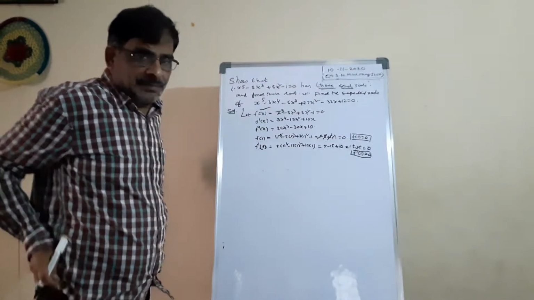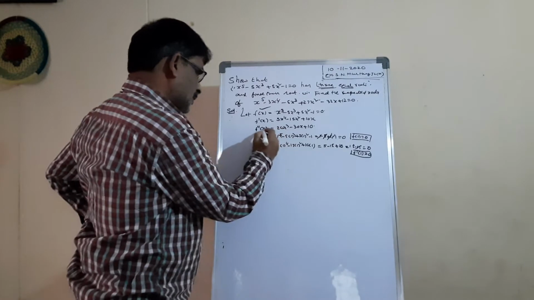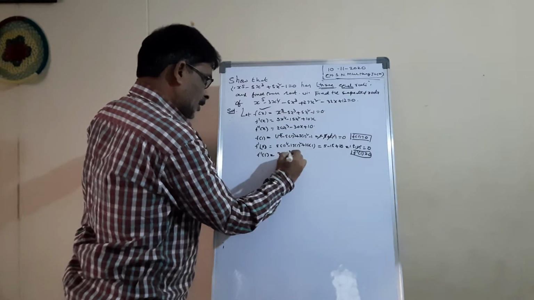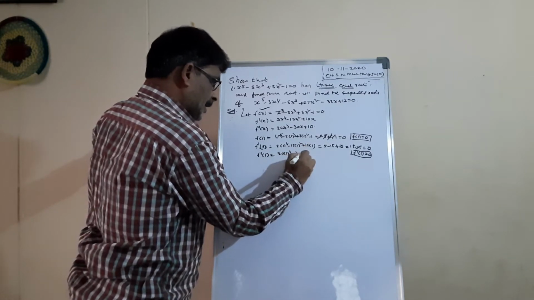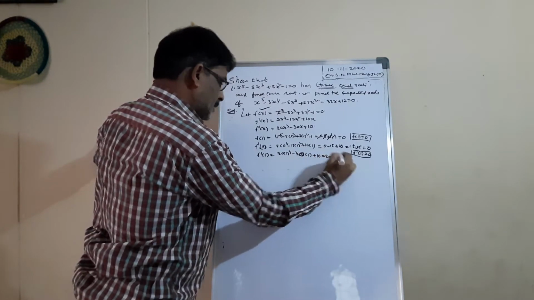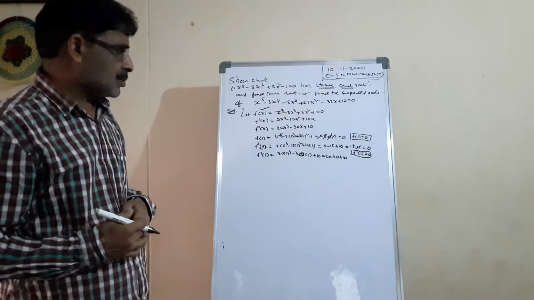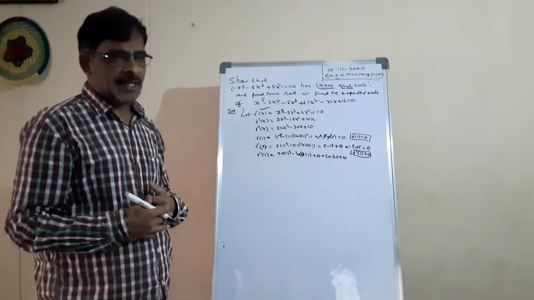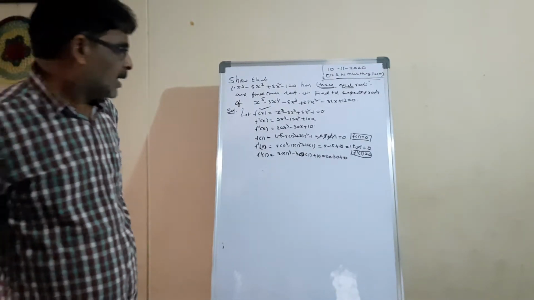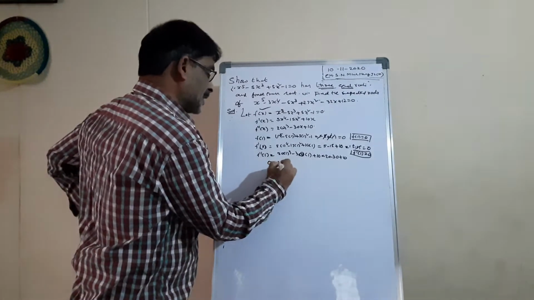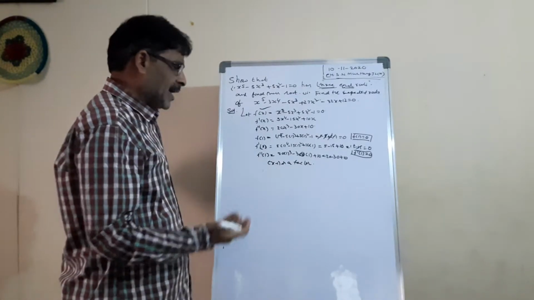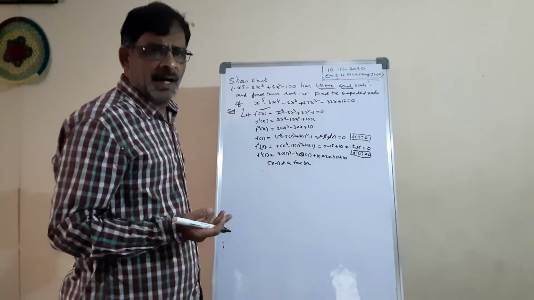This is a fifth degree equation. For the second derivative, suppose f double dash 1, what happened? 20 into 1 cube minus 30 into 1 plus 10, that is 20 minus 30 plus 10. Again it is 0. See, 0 is repeating. It means x minus 1 is a factor. So you can say easily 1 is the multiple root.